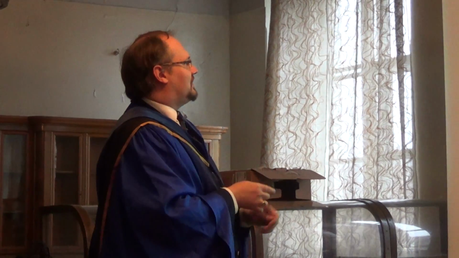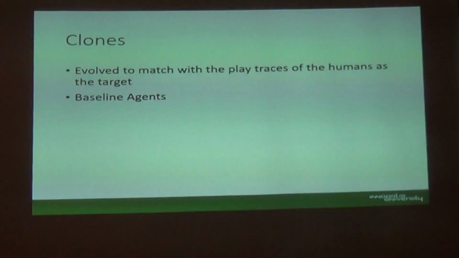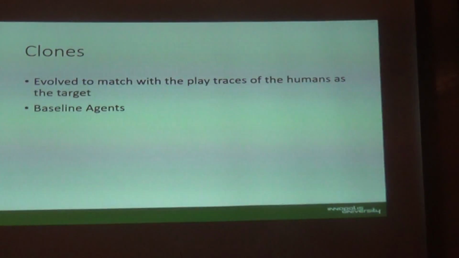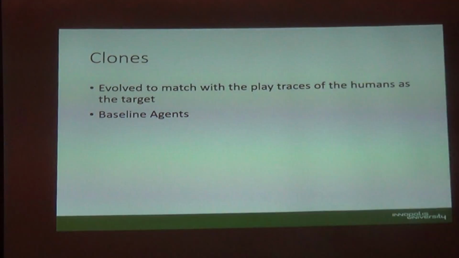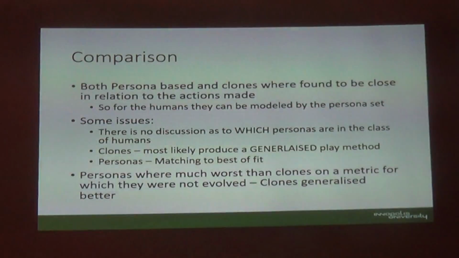They want the camper, the reckless guy that goes up and does this. So you can define this for quite a few different games. With clones, what they did is they evolved a player controller to go over those 380 traces and then create something that was close to how humans play. And these acted as the baseline agents.